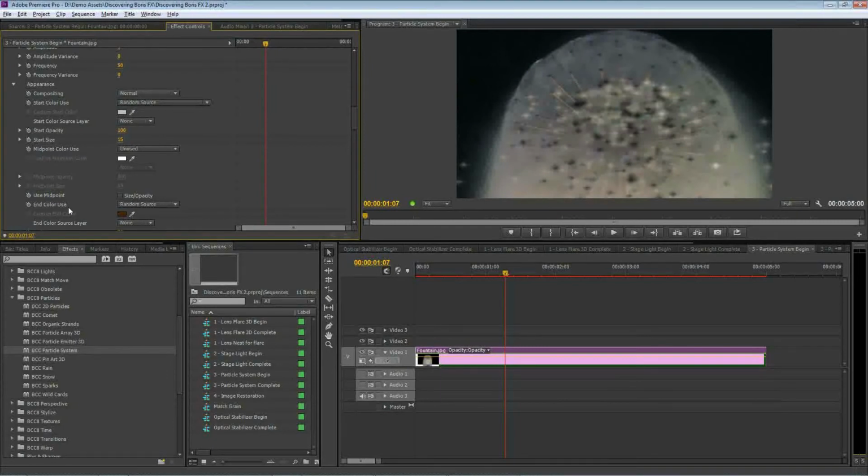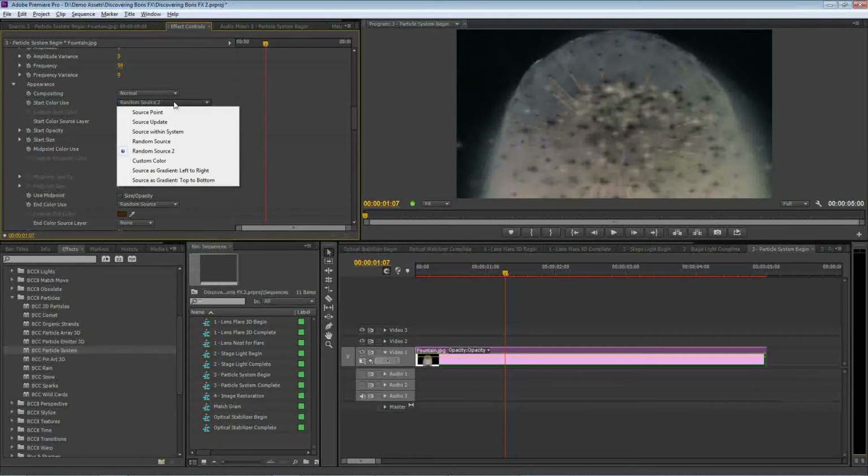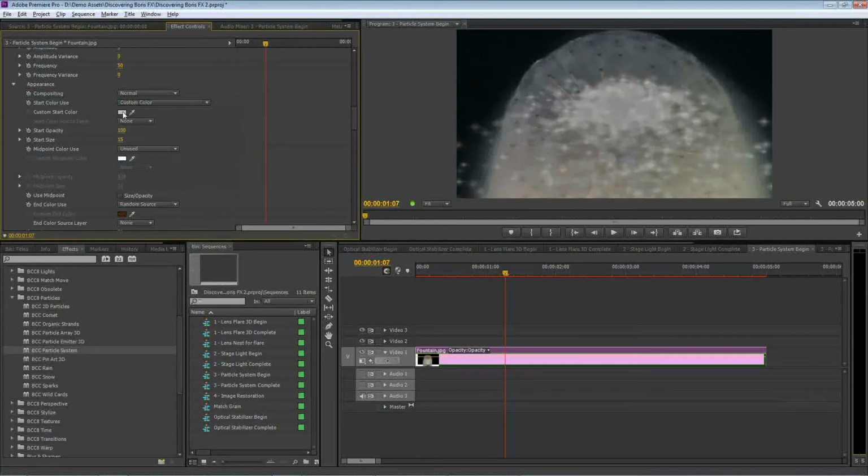Now, I mentioned just now that each particle has a lifespan, which we can specify. We've got opacity controls as well. But under my color, at the moment, I've got random source. I've got a secondary random source, which just chooses different colors. I've got a range of different options. But if I choose custom color, I can click on this color swatch and I can specify,